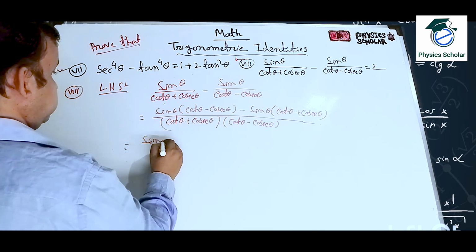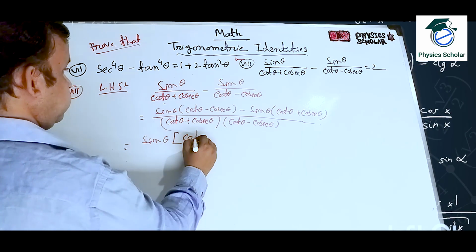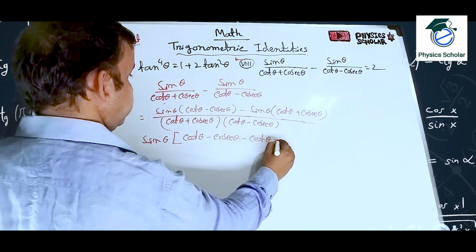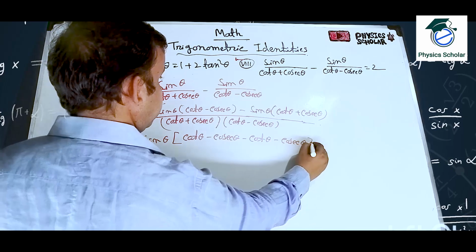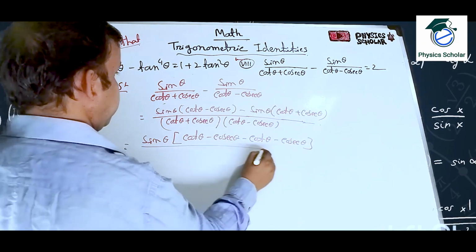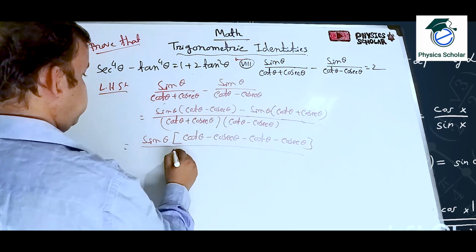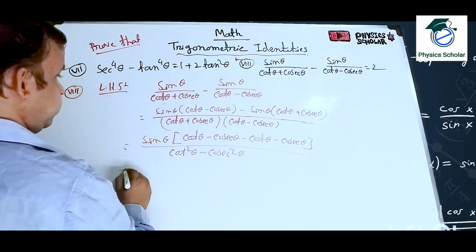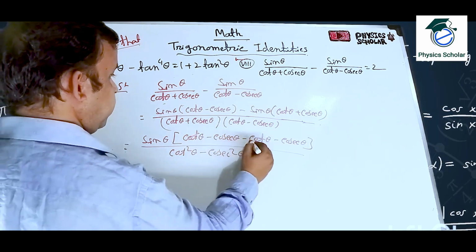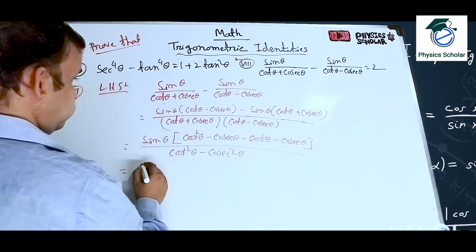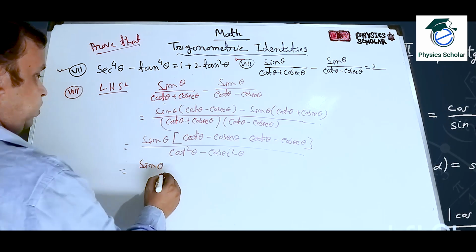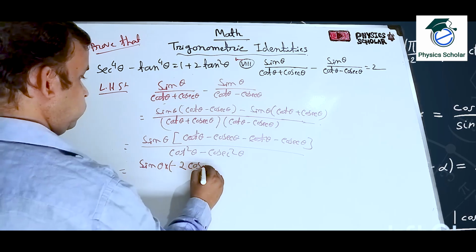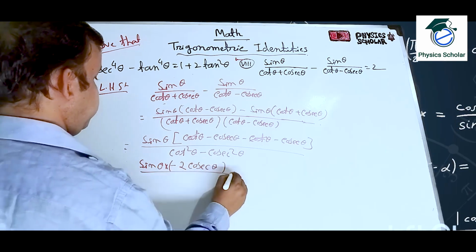Clear? So sin theta will be common. So it will be cot theta minus cosec theta minus cot theta minus cosec theta. Clear? The sign will change due to the minus, and here a plus b into a minus b, that means cot square theta minus cosec square theta. Clear? So that means what? Cot theta and this will be cancelled. So sin theta into minus 2 cosec theta, whole divided by